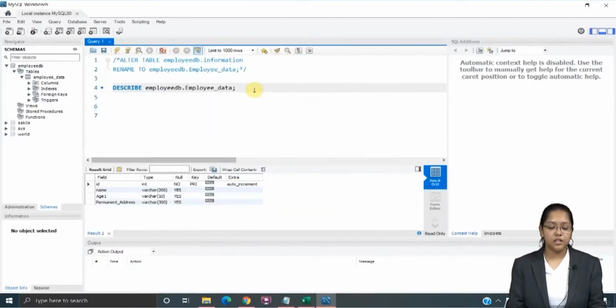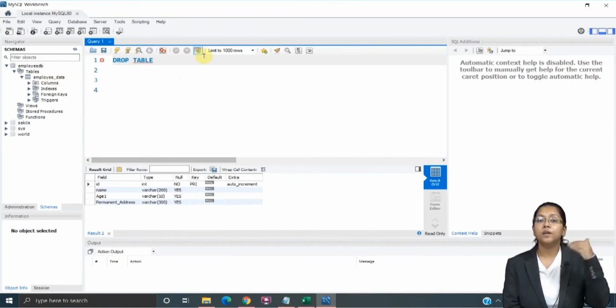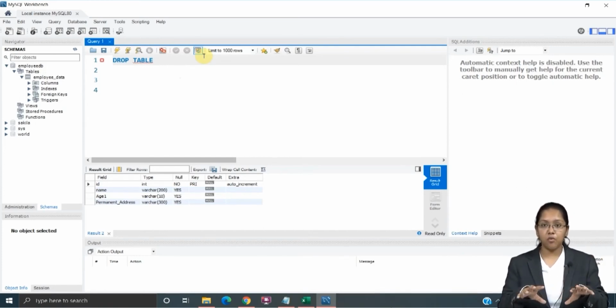Now I will just delete this, because I don't need this right now. Now what is the syntax of drop? That is drop table, and now my table name is recently what? Employee data. In the previous lecture we renamed our table, but I have restarted the workbench.